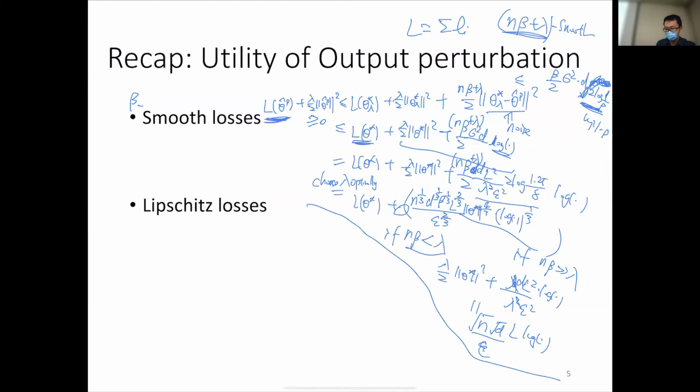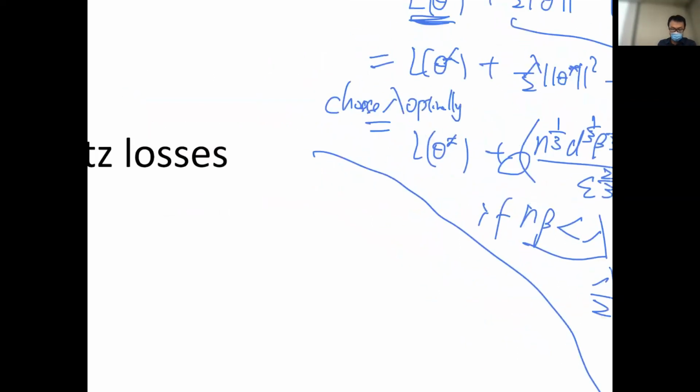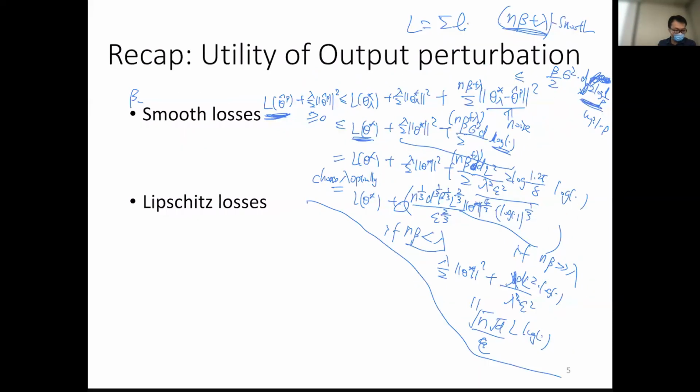Okay, that's our conclusion for the smooth losses for objective perturbation. For the Lipschitz losses, if we don't want to assume that beta is bounded, then we can also obtain a utility guarantee for the objective perturbation algorithm. What we can do is simply apply the optimality of theta star lambda and the Lipschitz property of this loss function itself. So L of theta, this is our private output,